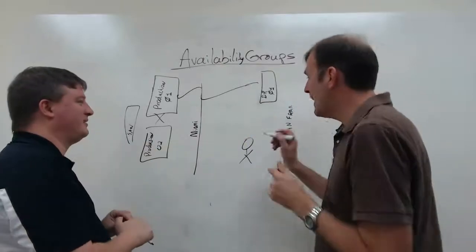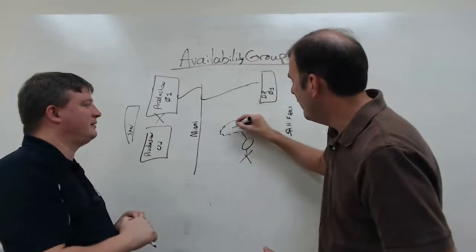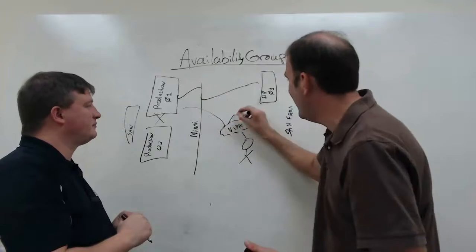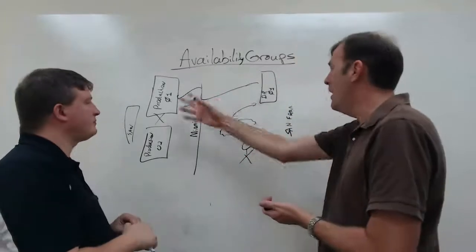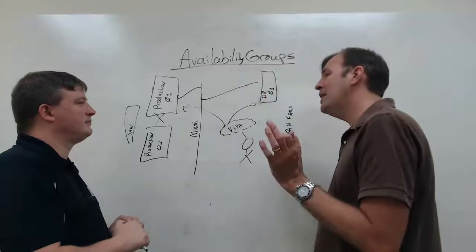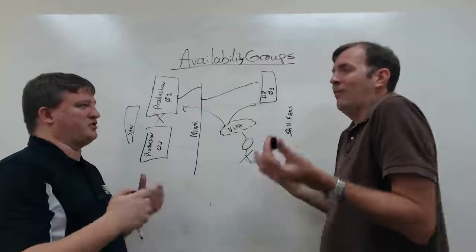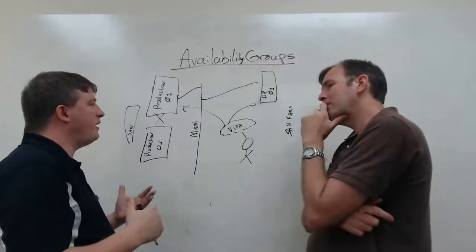Right. The nice thing I like about it also is my user now can have a virtual IP address, right? So this would be the virtual IP address that can send me either here or here based on who's alive. So it knows this guy is dead, and it automatically routes me. So my application is not going to change at all. It points to the virtual IP address, and everything just magically, as far as I'm concerned, happens. Yep. What are some other benefits then? Some other benefits are